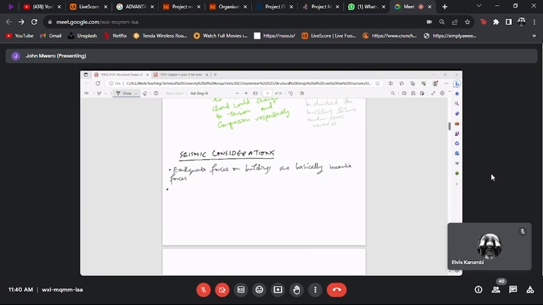So, earthquake forces are inertia forces. The earthquake force that we allow on a building during design is a function